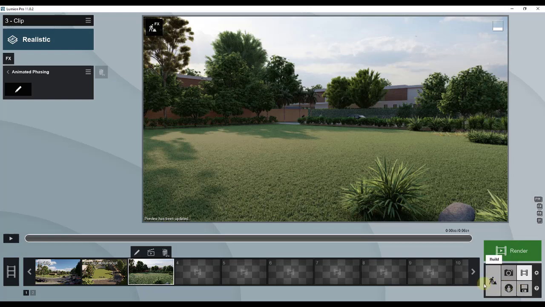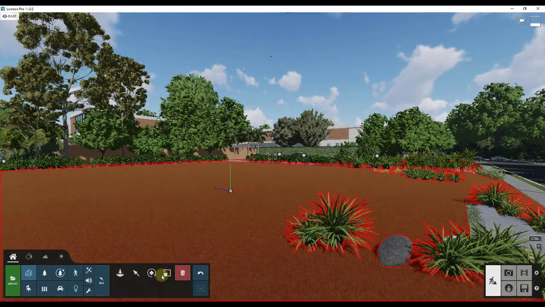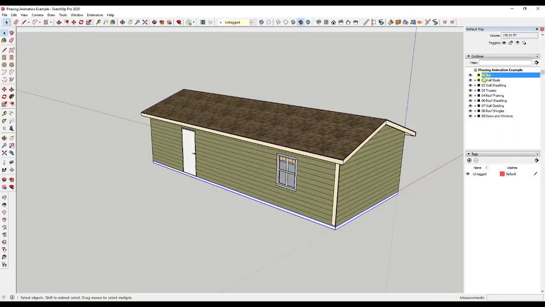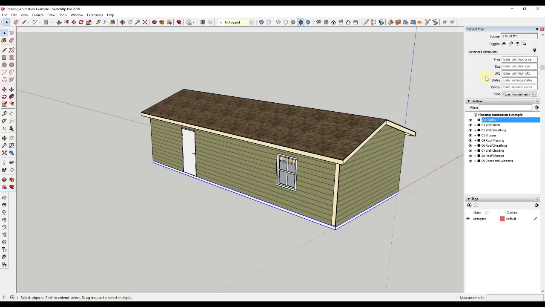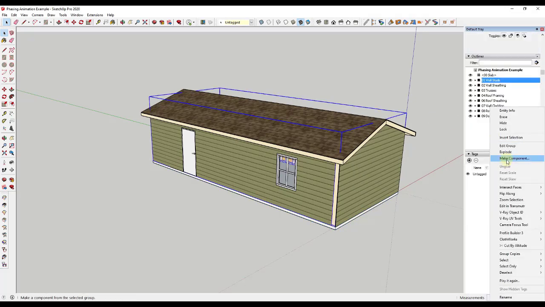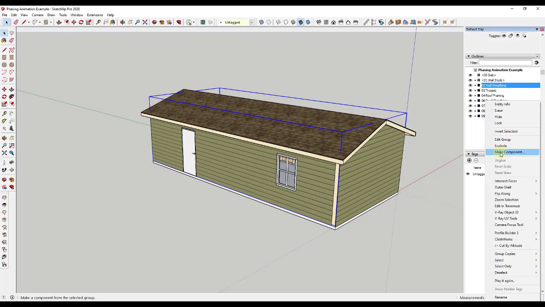So the way that's going to work is, first of all, let's go back into build mode for a second. I'm just going to delete this out. So delete, delete. All right, so now what we need to do instead is take all of those parts and pieces from our model and export them to separate model pieces. So I'm going to right click. And in order to do that, all of these are going to have to be components, I believe, because then you can right click and do a save as. So I'm just going to convert these all to components. I think there might be an extension that can do this faster.